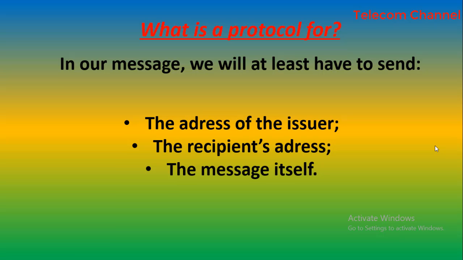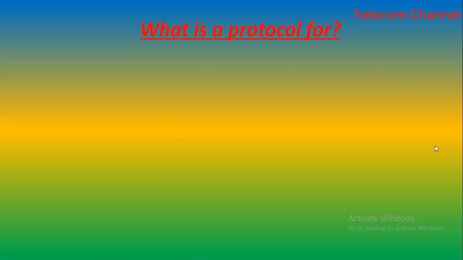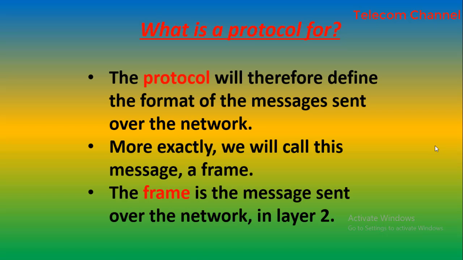The following 48 are the address of the receiver, then finally the message. We are therefore going to position the recipient's MAC address first, followed by the sender's MAC address, also called the source MAC address, and after that